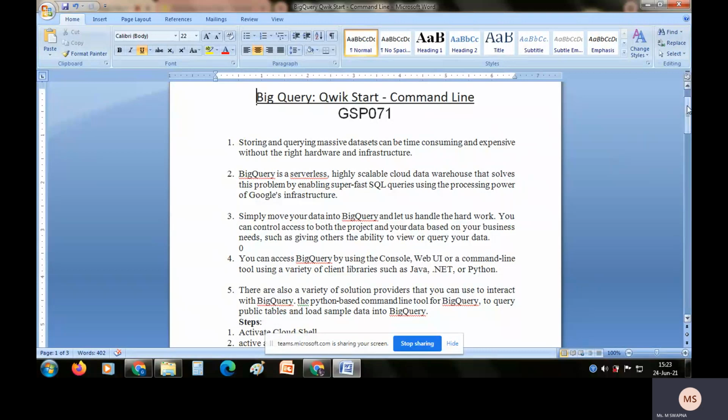The other advantages of BigQuery are serverless execution, and it is highly scalable over your cloud data warehouse. It also solves problems like executing your SQL queries very fast, and the processing speed is very high. These are a few advantages. Apart from this, there are other advantages, like whenever you are trying to migrate from your traditional databases to BigQuery.